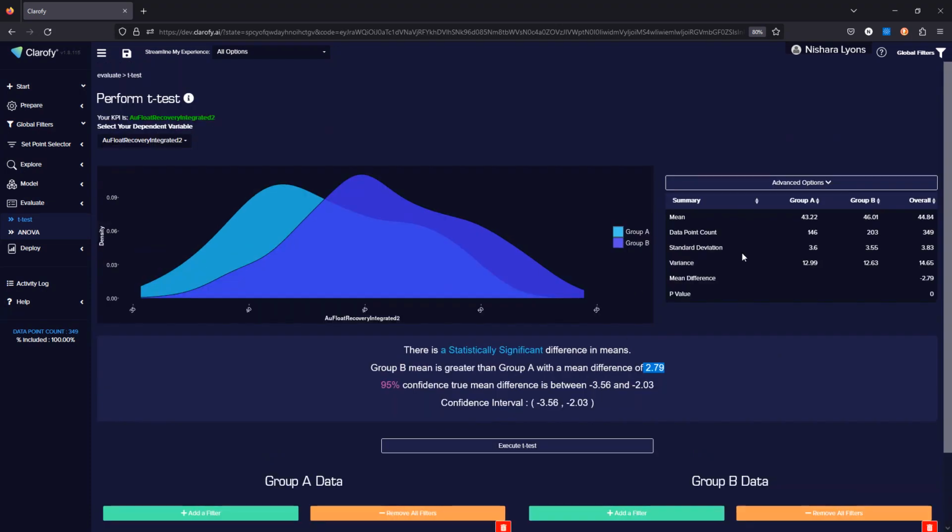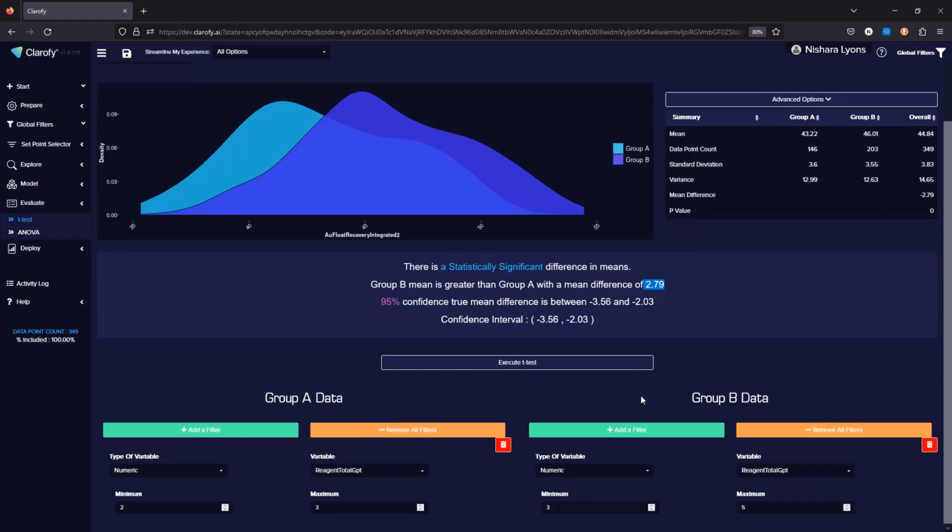And on top of that, if I wanted to check that my data point counts for the two groups were similar, that's often something we want to check, because you don't want to be making a decision on 2 data points as opposed to 200 data points. So you want to check that your data points are similar at least. You've got your standard deviations and your variance, and you've got your p-value. The reason that p-value is 0 is because it's too small. As we looked at before, it's very small. I think after a certain number of decimal places, it just goes to 0. So we're happy with that.